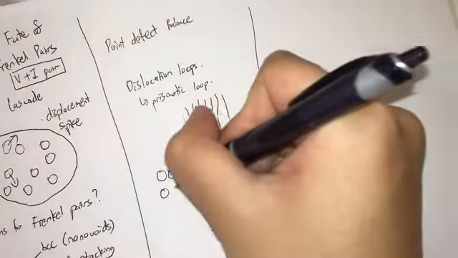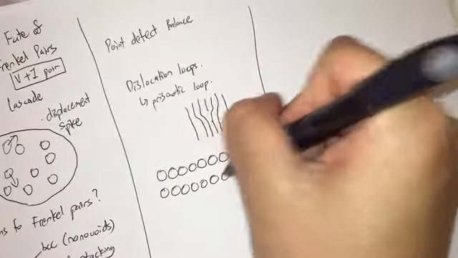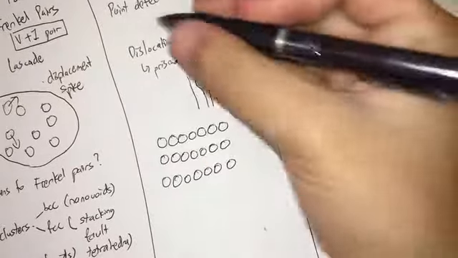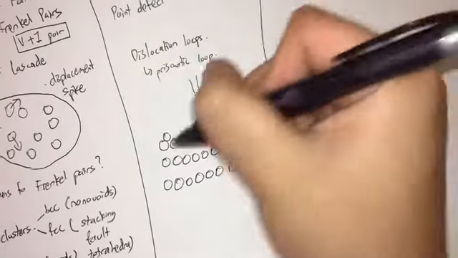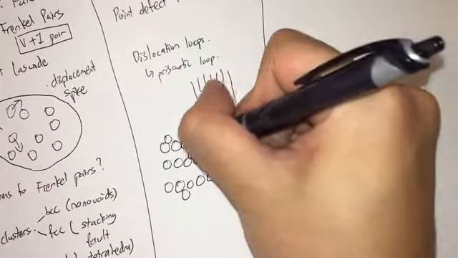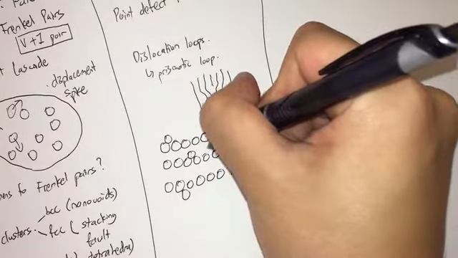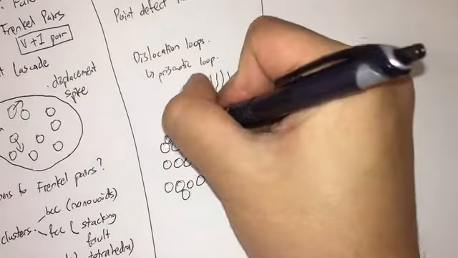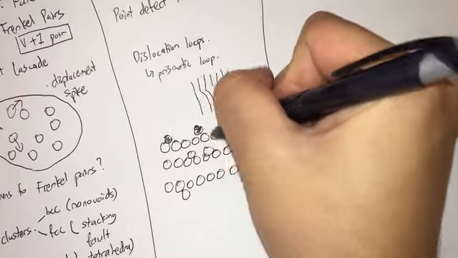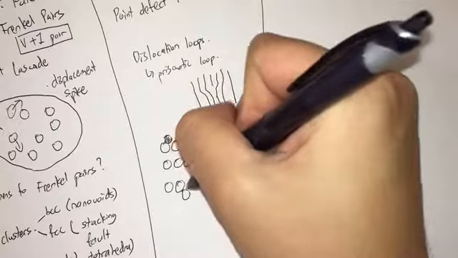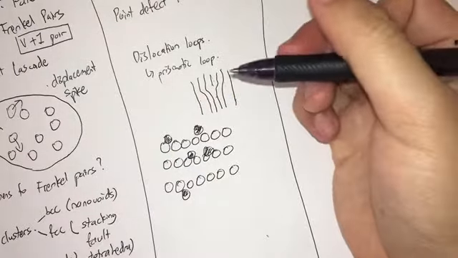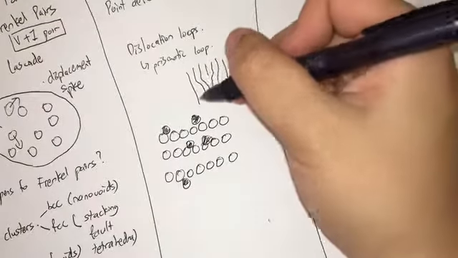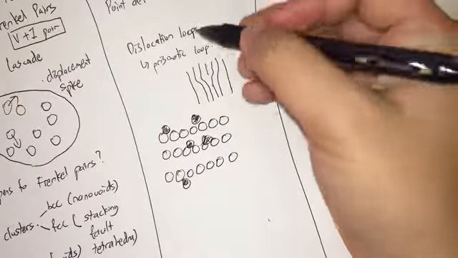So I'm going to draw like 3 planes here. Okay, and let's say you have an interstitial here, an interstitial here, an interstitial here, and an interstitial here. And maybe we put one more here. So I'm going to color all these interstitials a different color, just to help us understand what's happening. Alright, so first things first, we know that